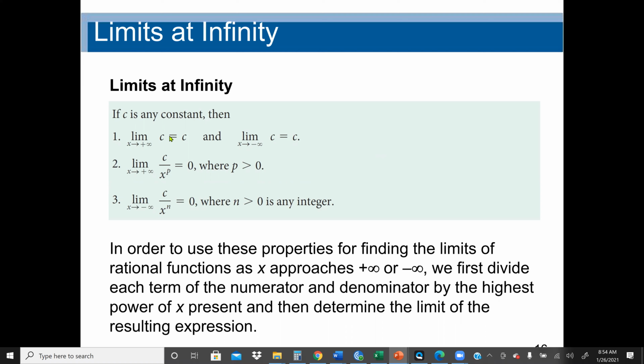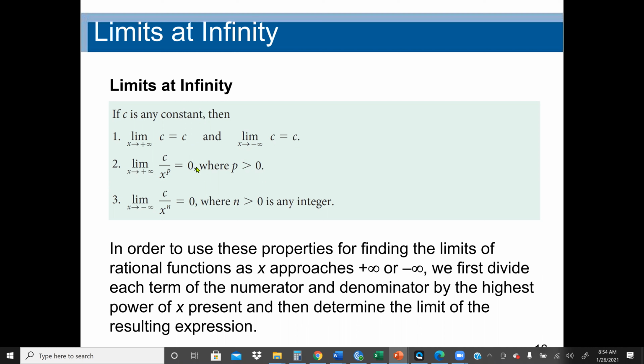So as we say, the limit here, C can be any constant value. So whether S approaches a very small value or a very large value, the answer will be the same constant value. But now, if we have a limit and S approaches a very large value, which is positive infinity, and